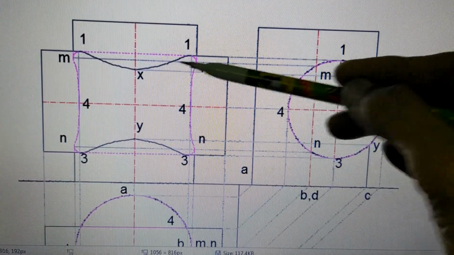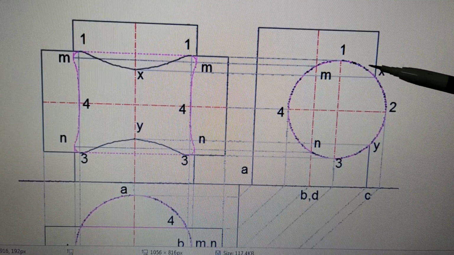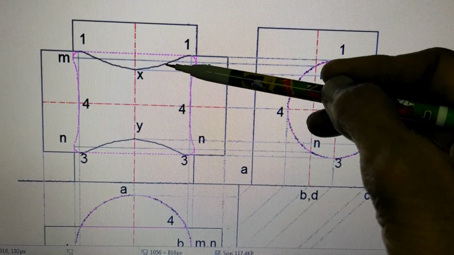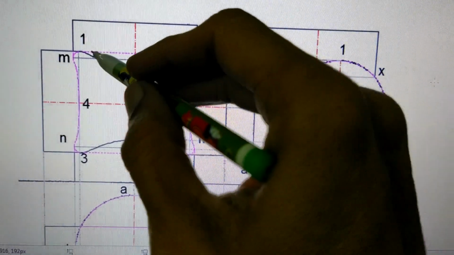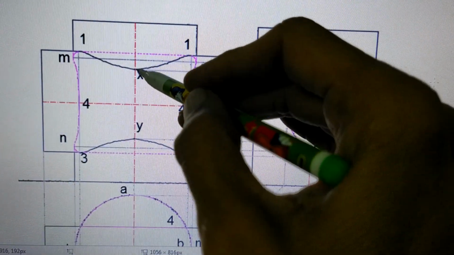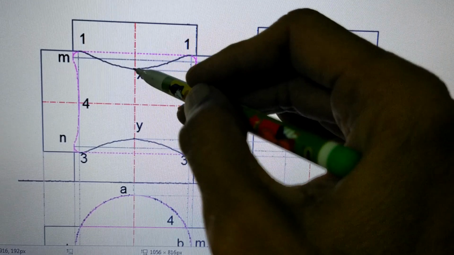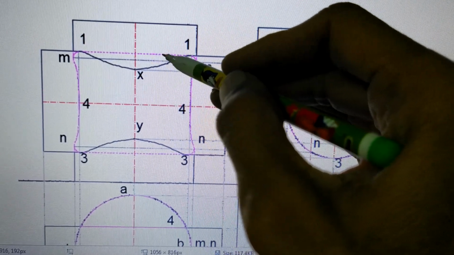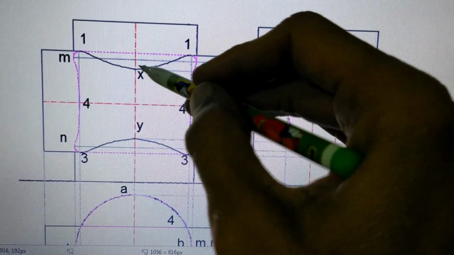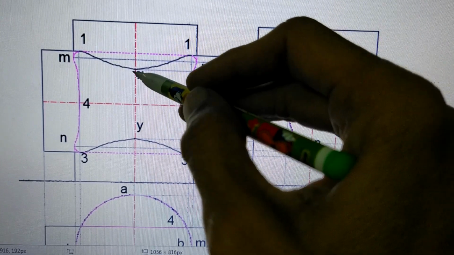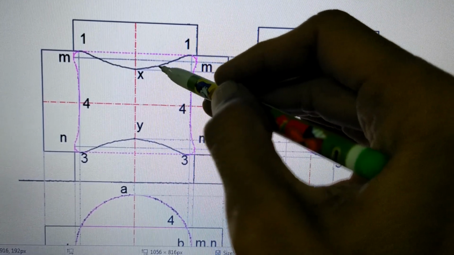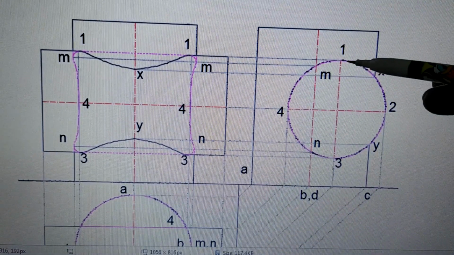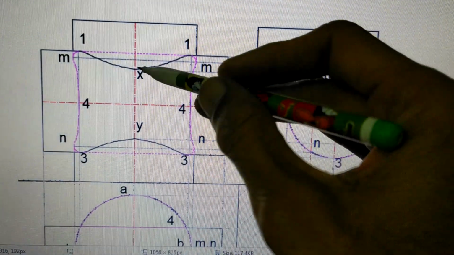If you are having some doubt, you can take one more point between 1 and x. So that point will come somewhere like this, so that automatically you will be able to join like this. While joining, don't join this way. If you join like this, then it will create a corner here. And this shape is not correct because the point will not lie here, the point will lie here. So the curve will not go like this. When you go from x to 1, you will not go like this, you will go like this only. Because all the points from x to 1 will fall somewhere here.